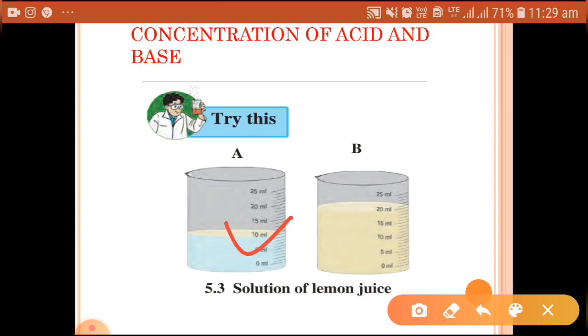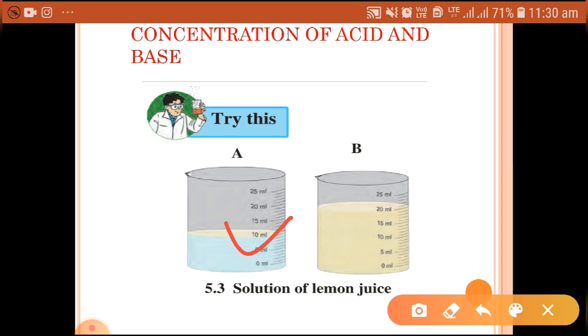On the other hand, the proportion of lemon juice in the total solution in the second beaker is smaller and the taste is less sour. So therefore you come to the conclusion that the taste of the solution depends upon the amount of solute in the given solution. So the taste of foodstuff depends on the nature of the taste giving ingredient and its proportion in the foodstuff. Similarly, all the properties of a solution depend on the nature of the solute and solvent and also on the proportion of solute in the solution.